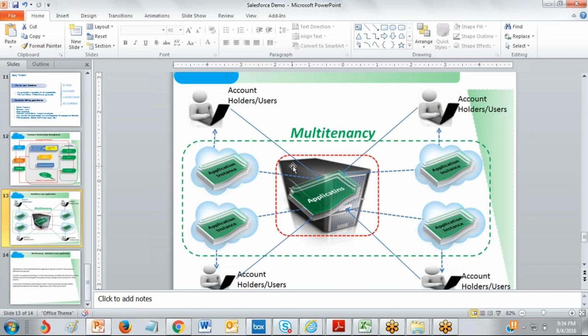Is it just the application that is being replicated in the cloud, or is it the entire server on which the application resides? Application only, not the server. Centralized. If the application requires a certain amount of memory and hard disk, that is taken care of by the salesforce.com company. Purely a highly performing server.